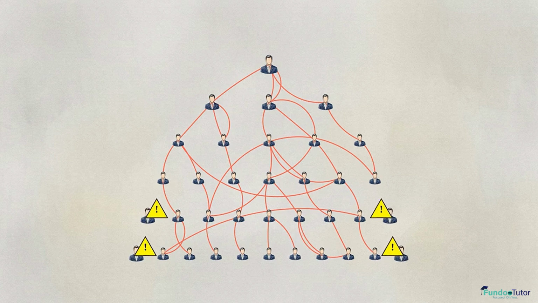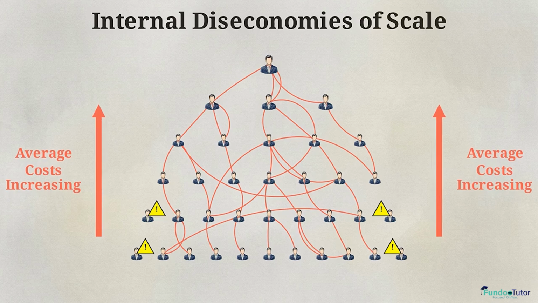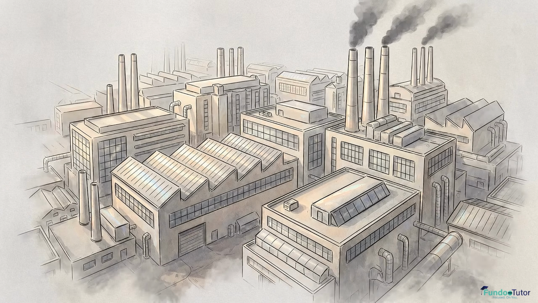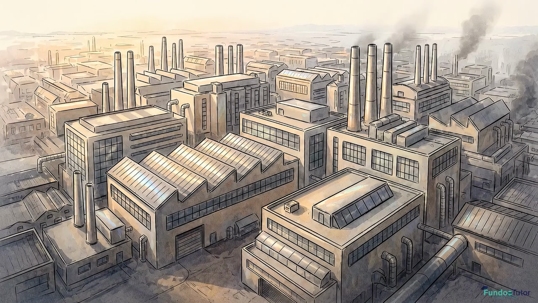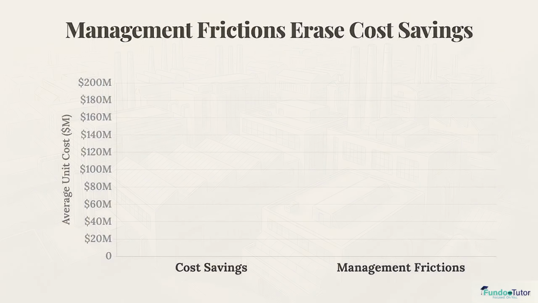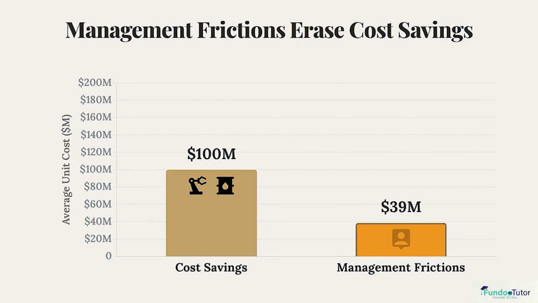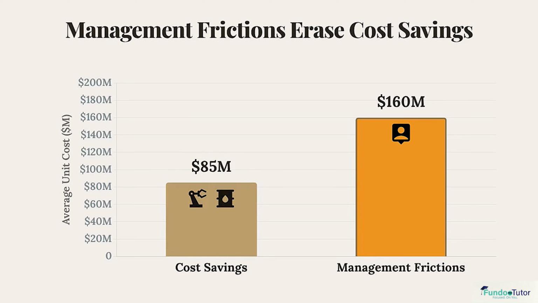That tangled communication isolates departments. Decision-making slows down and labor relations suffer. These are the specific internal frictions that drive a firm's average costs back up. Sheer physical size is a mathematical vulnerability. Without incredibly tight internal control, poor management will easily erase every cent of cost savings gained from bulk buying and